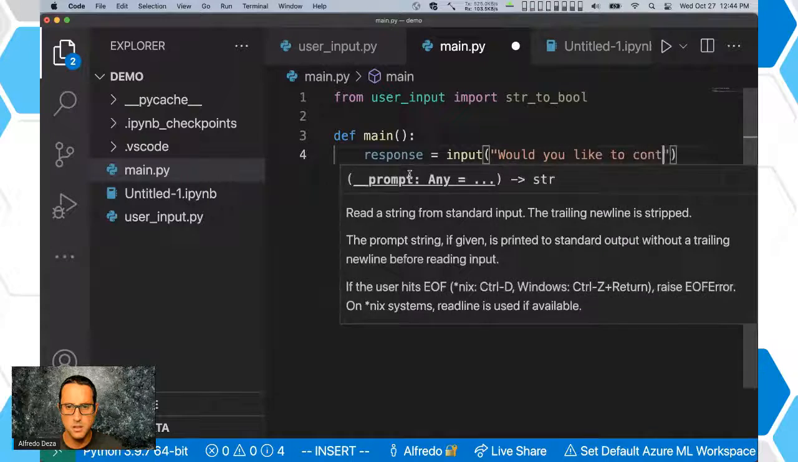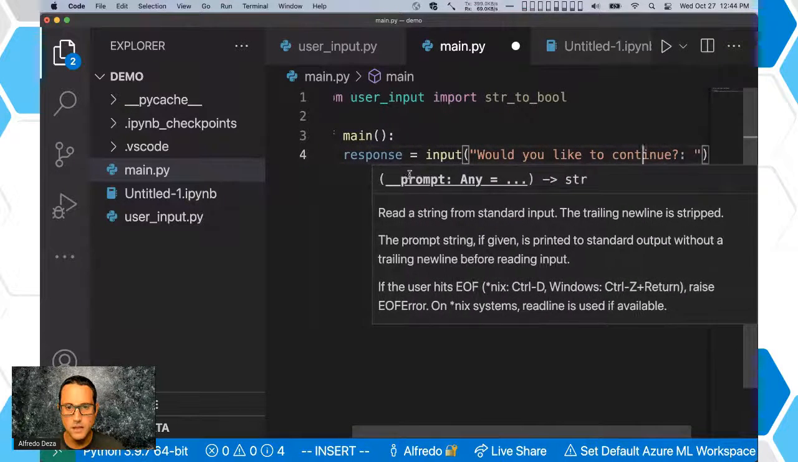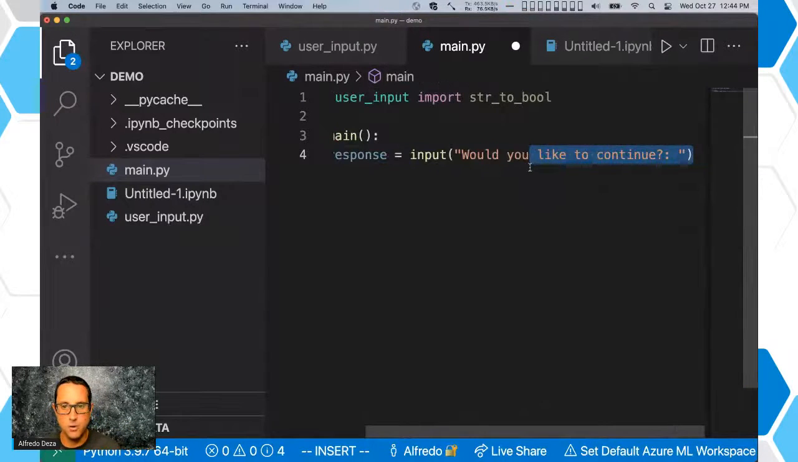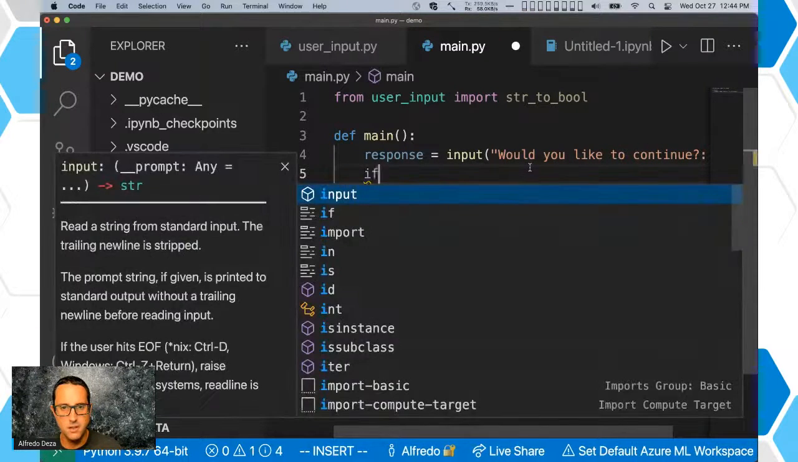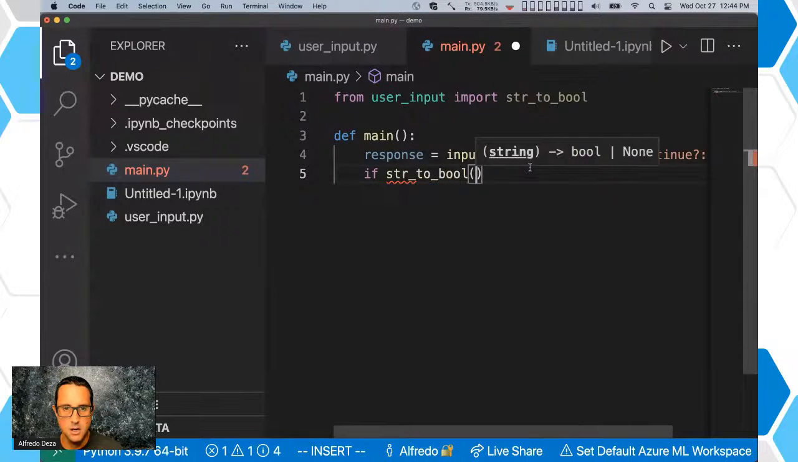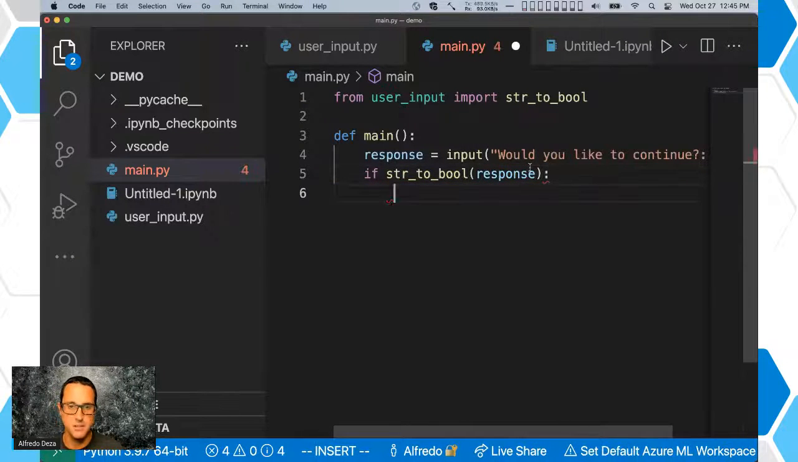Would you like to continue? So we're requesting input from the user, and then we're going to say, here, the string response is going to be a bool, right? So I'm going to say if string to bool response. That means if the return value from our string to bool function is true, then we can say print